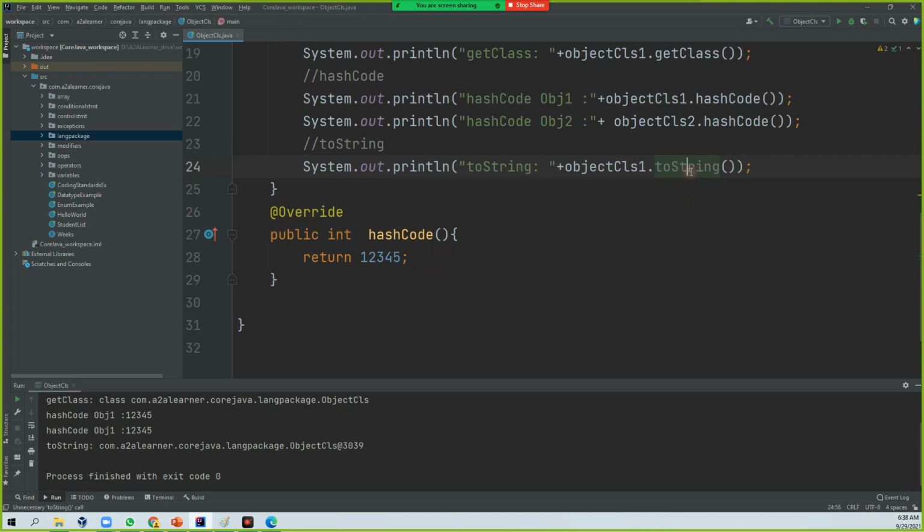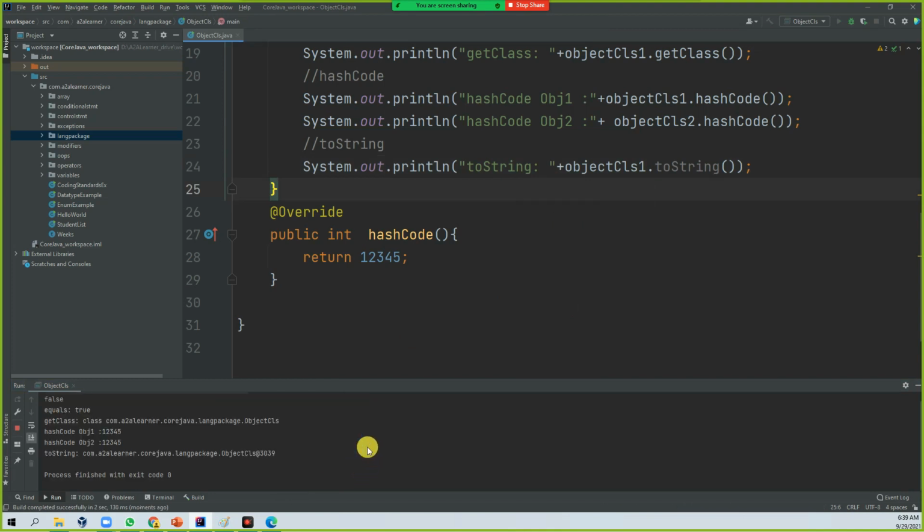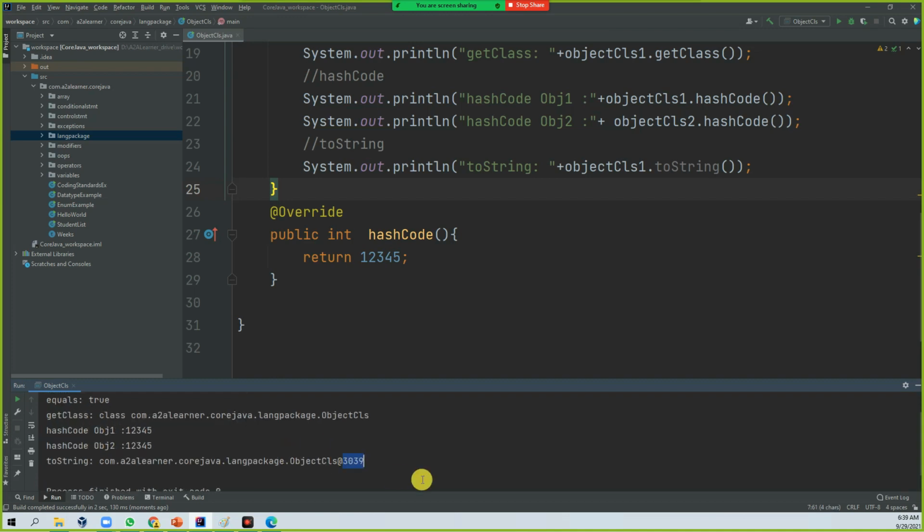That is the reason you are able to see this. So getClass information is like this, appended with the at symbol and followed by the hash code. If you rerun it, you can see another number, earlier 3039. The memory will be allotted to a different number. That is the reason you are seeing this hash code information.